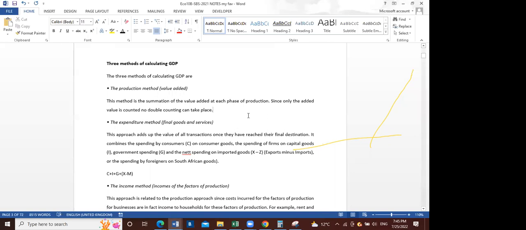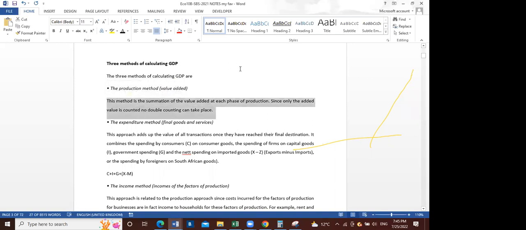All right. So these 3 methods are the ones that we mainly use in measuring GDP: the production method, the expenditure method, and the income method. So we're going to be talking about them one by one and try to come to a conclusion of how you can measure GDP using these 3 methods. All right, so the production method is sometimes referred to as the value added method, which basically